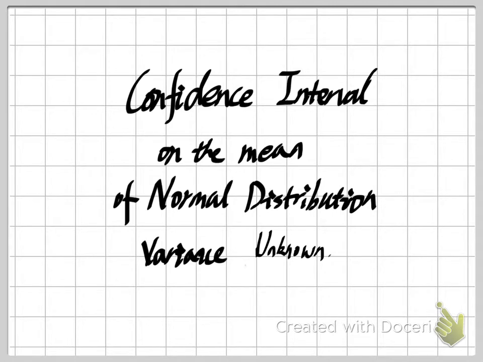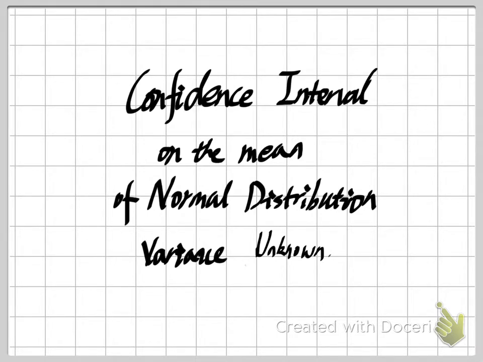So in this video, I will continue my topic explanations of the confidence interval. In last videos, we already talked about how to use the confidence interval to help us measure the accuracy of our point estimator. In that video, we used the sample mean to estimate our population mean for a normal distributed population. And at that time, we said the population mean mu is unknown, but the population variance sigma square